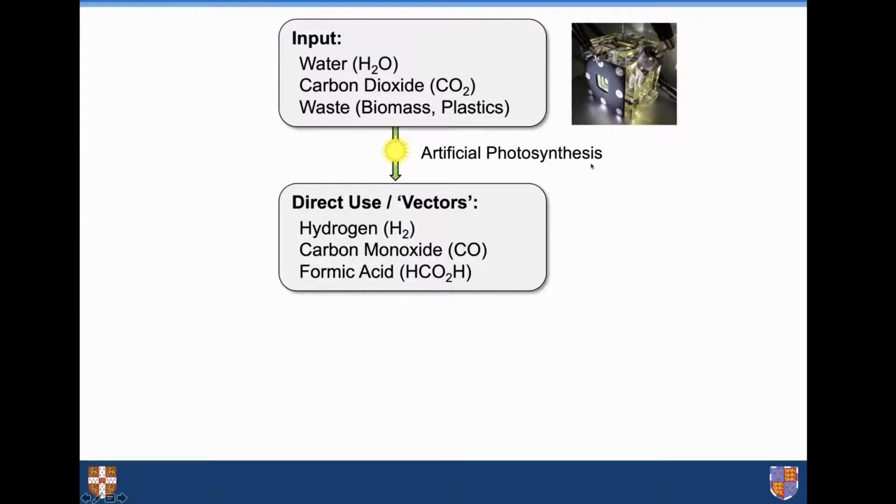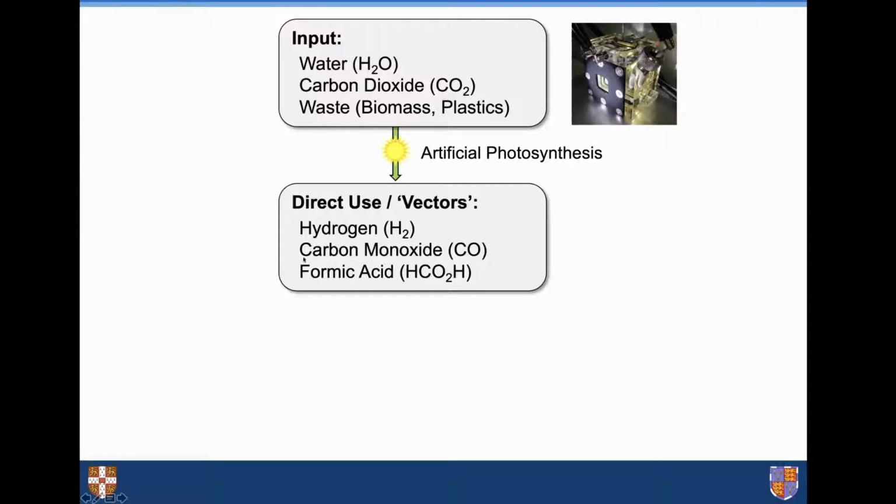This is artificial photosynthesis, not just to make hydrogen, but also some interesting carbonaceous compounds or carbon-containing molecules. So you can see two here. One is carbon monoxide. The general public may not think very highly of carbon monoxide, as it's a very poisonous gas. But in fact, carbon monoxide is a really important and useful energy carrier. It's already used in the petrochemical industry on a large megaton scale, and it can be used to make all sorts of different chemicals, including liquid hydrocarbons, which can be used as